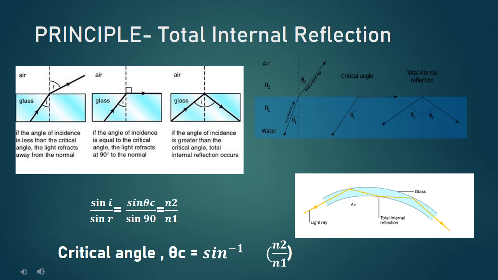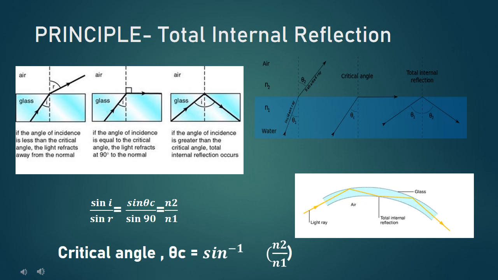So since it allows only a single beam of light to propagate along the core, it is supposed to have a very small diameter. But a multi-mode fiber allows multiple beams from the light source to move along different paths inside the core. So since it allows a greater number of light beams, it should have a greater core diameter. So this is a classification based on the number of modes.